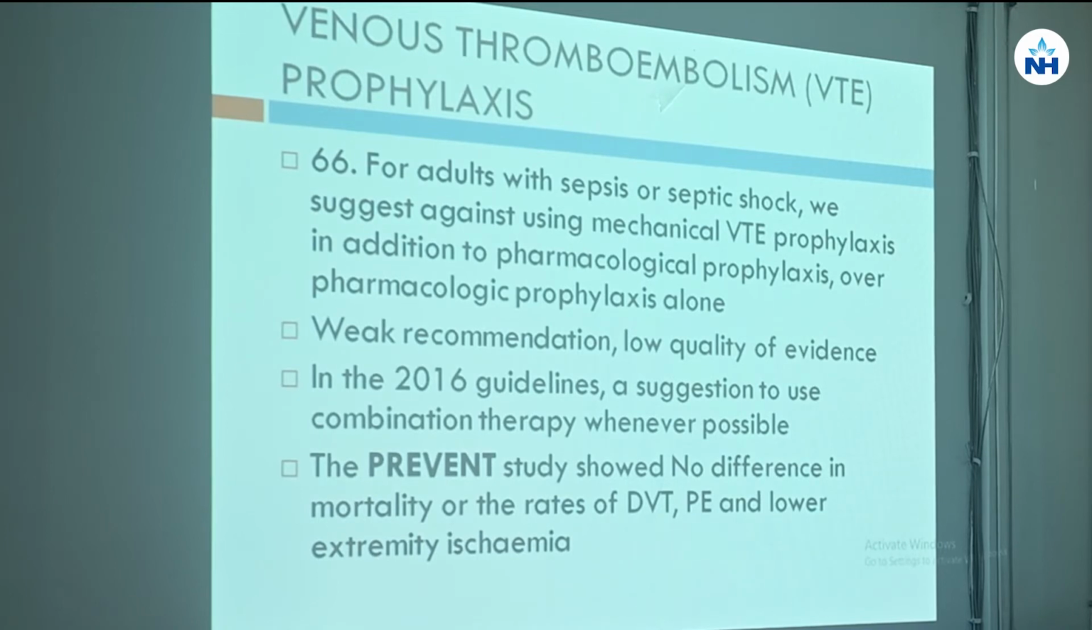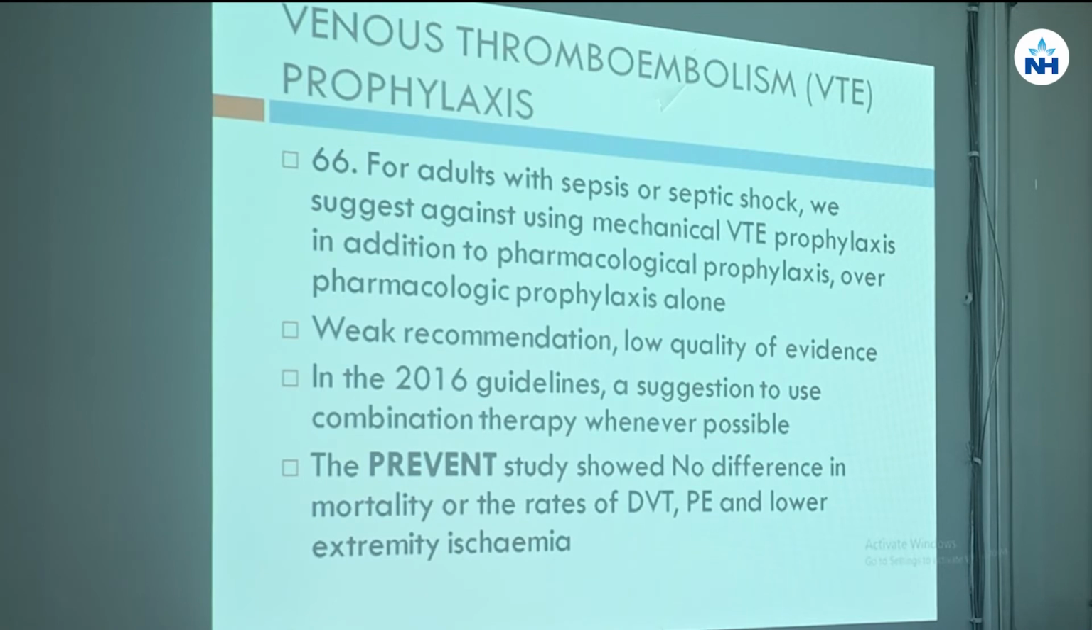For adults with sepsis or septic shock, we suggest against using mechanical VTE prophylaxis in addition to pharmacological prophylaxis, over pharmacological prophylaxis alone, with a weak recommendation and low quality of evidence. In the 2016 guideline, there was a suggestion to use combination therapy whenever possible. The previous study shows no difference in mortality rate, rate of DVT, pulmonary embolism, and lower